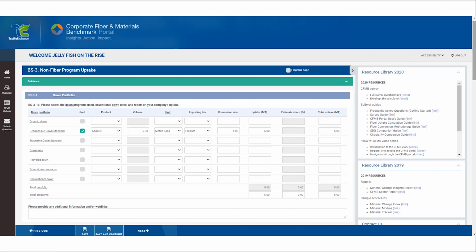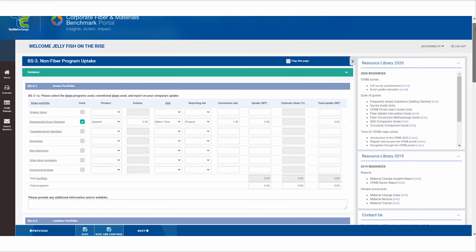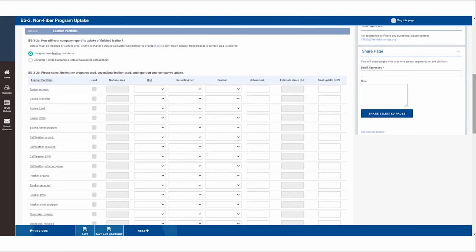The initial section focuses on down and feather uptake, which is completed using the same process as described in Balance Sheet 2 for fibers. The second non-fiber section is leather. The leather uptake calculations are quite different from the fiber calculations. Instead of using weight as a basis of calculating uptake, for leather, we ask that reporting is completed in terms